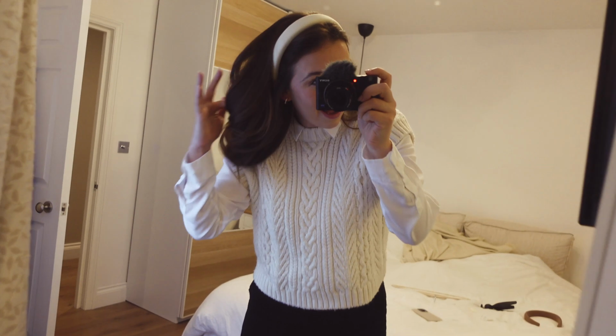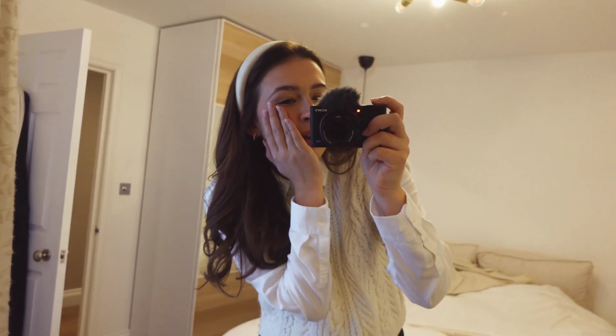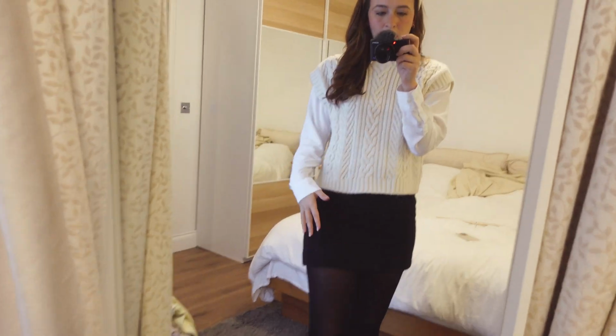And my little headband, which goes well with my sweater vest, is the one that I showed you in my Amazon haul, and I just love it. It goes so well. So this is what I'm wearing. I'm then also going to the theatre after work with my mum, so I feel like I'm all dressed for that as well. Obviously, I have not left enough time to have a proper breakfast, so it's going to be